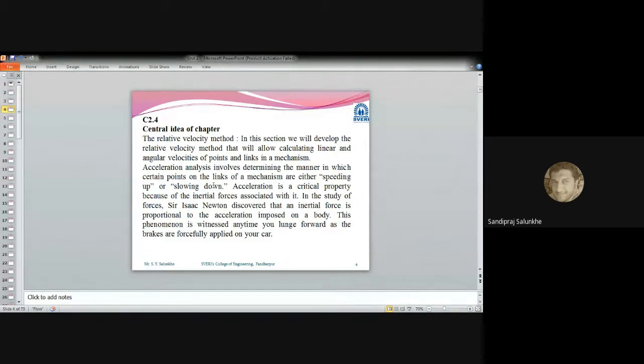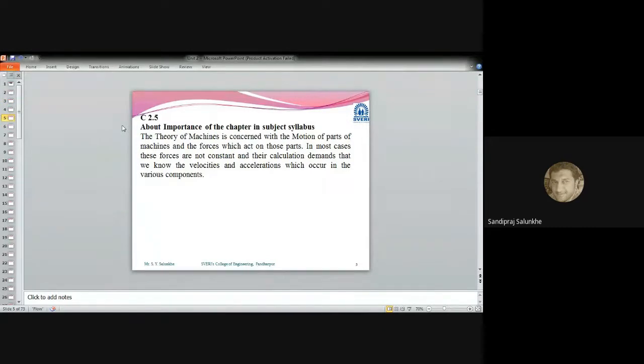So that is why we need to calculate the velocity as well as the acceleration. And in this unit, we are going to find the velocity with the graphical method and the relative velocity method. We are going to find the acceleration from the velocity as well, because once you find the velocity, the next step is to find the acceleration. That also we are going to find with the help of the graphical method only. Got it?